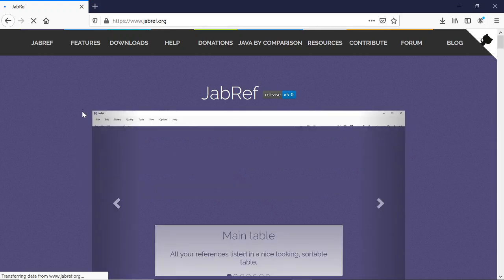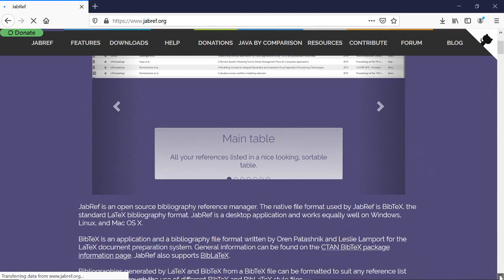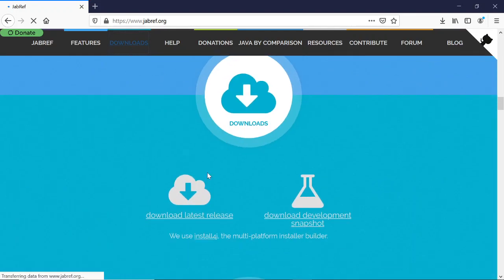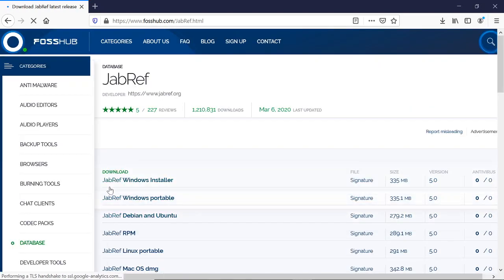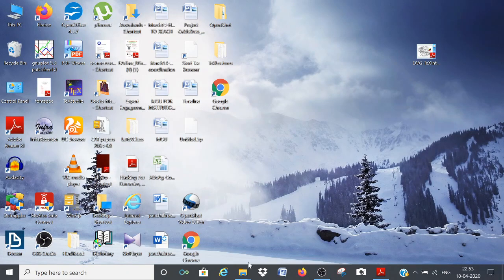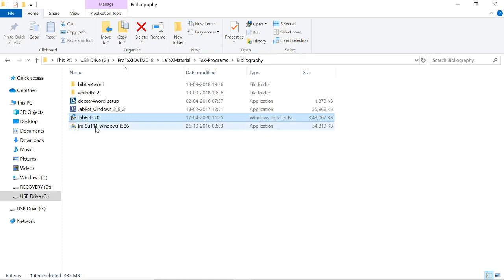This is the JabRef home page, and to download it, click on downloads, download latest release and download the JabRef Windows installer. I have already downloaded this and it is available on my pen drive. So I will directly show how to install it.